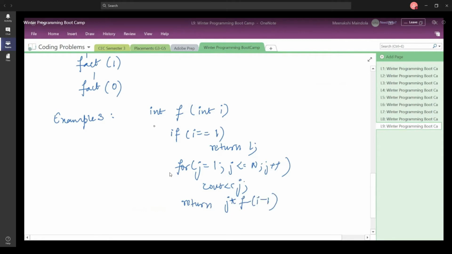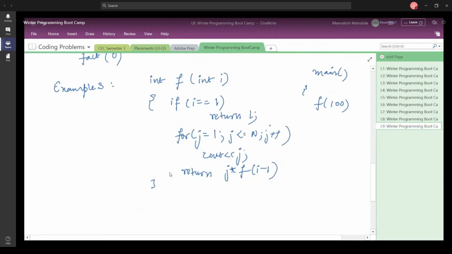Okay, so you have this function here, and in your program you are also going to have a main function. In the main function you call this with a certain value, let us say 100.